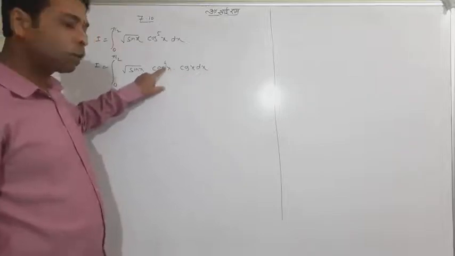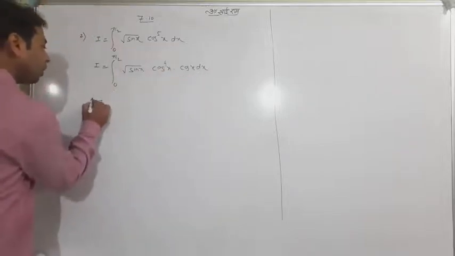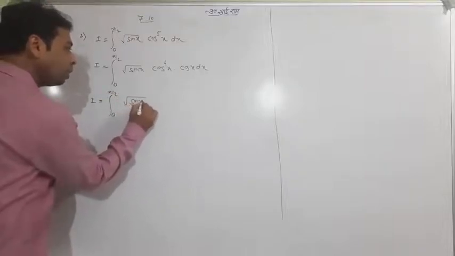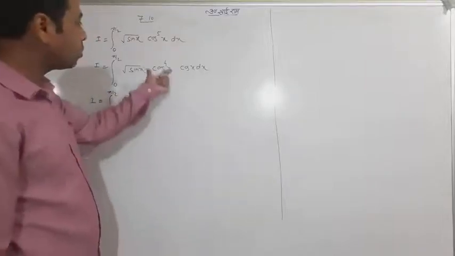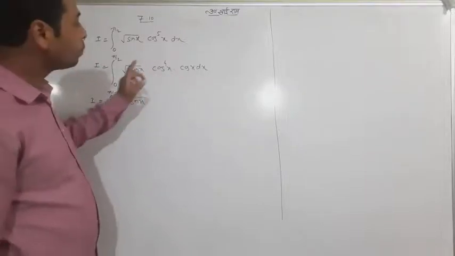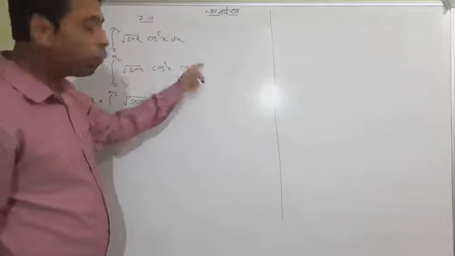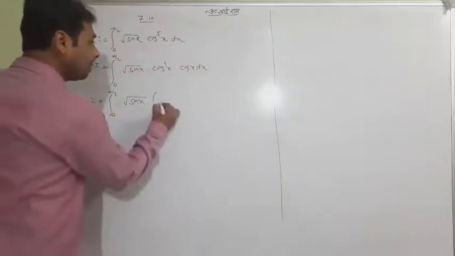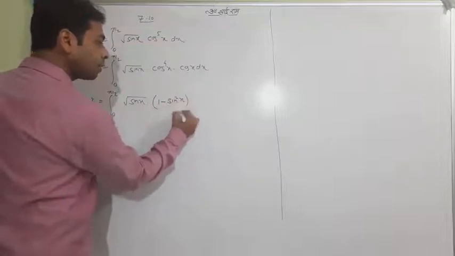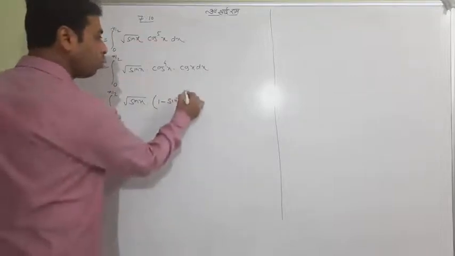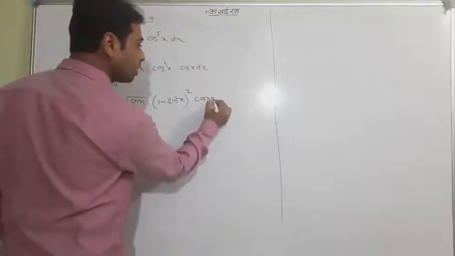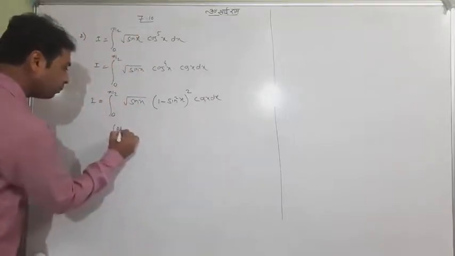The rest power was a 4. And a very important thing: before assuming sin x equal to t, one must understand that this must be in the form of sine, because after taking sin x equal to t, this cos x dx will be dt. So this should be written as cos to the power 4, which is 1 minus sine square x, meaning cos square x, and whole square, meaning cos to the power 4, and then only cos x dx is waiting here. Now what to do, student?